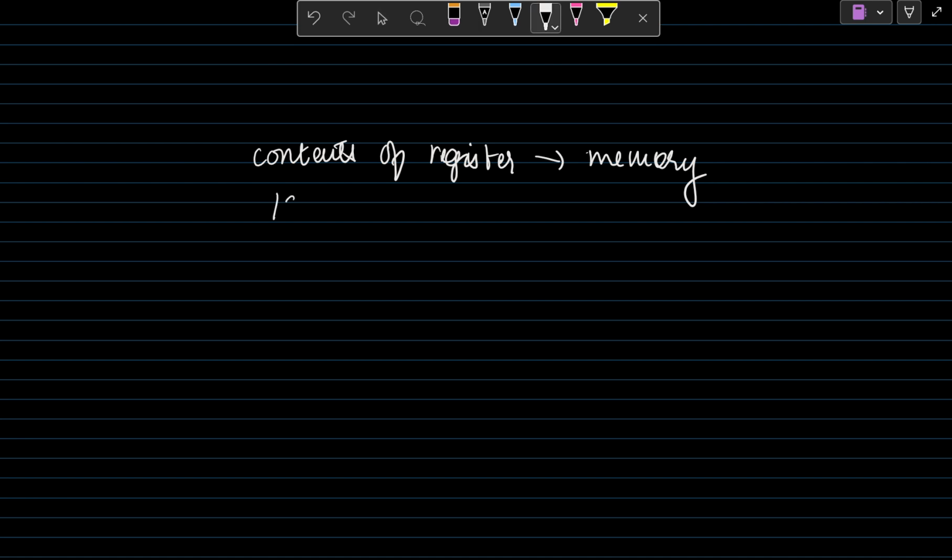And then the interrupt service routine, or ISR, is triggered by loading its initial address to the PC. The ISR's address is going to be loaded to the PC, and after the ISR is executed,